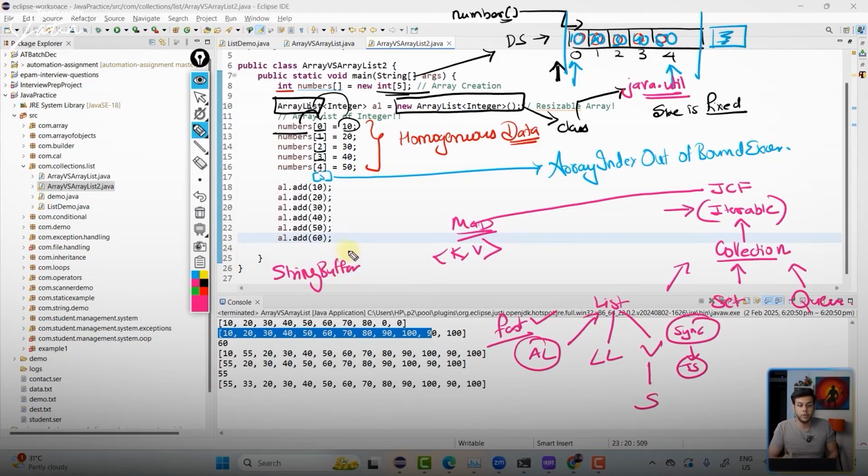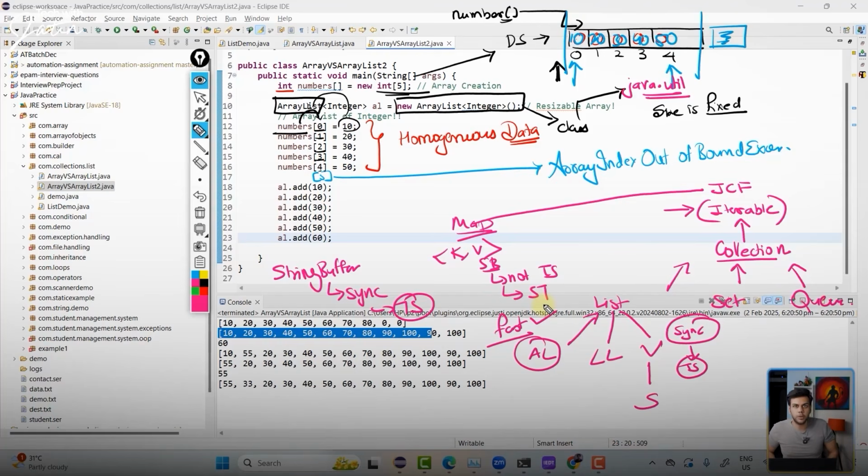We know that both are mutable, but string buffer methods are synchronized, meaning they are thread safe. I can use it for a multi-threaded application. String builder is not thread safe. Methods are not synchronized. So it can only be used for single threaded application. ST is single threaded. Are you getting the point?